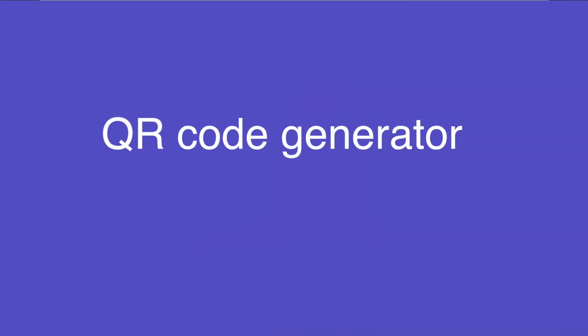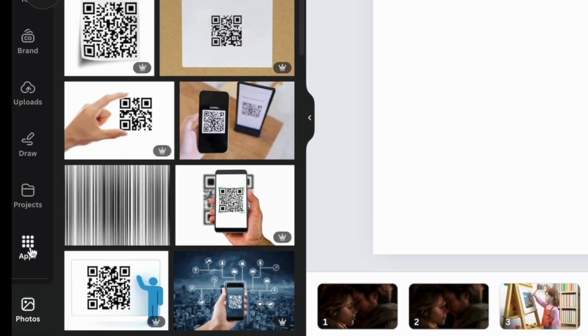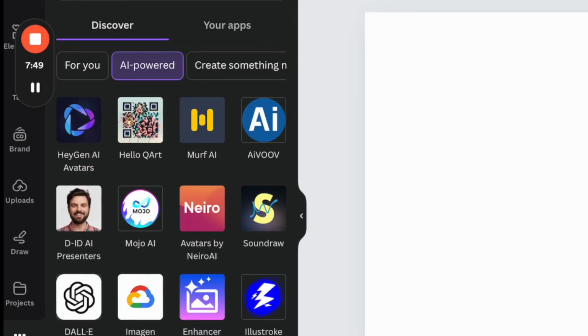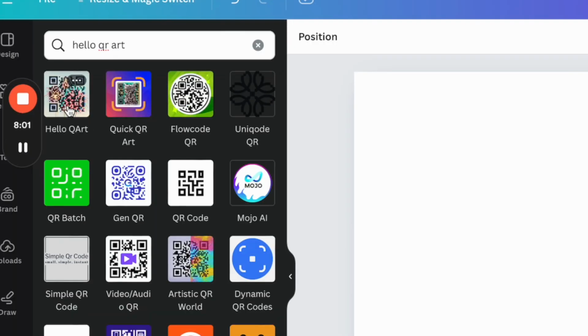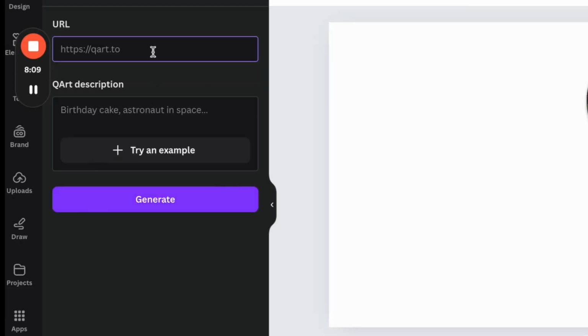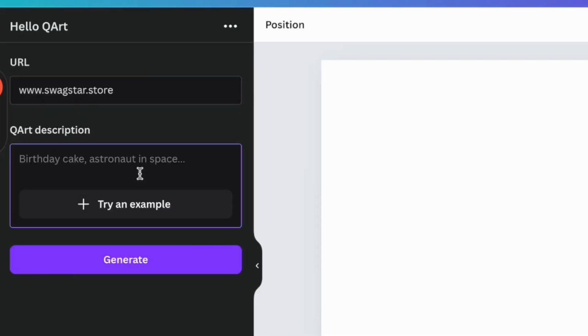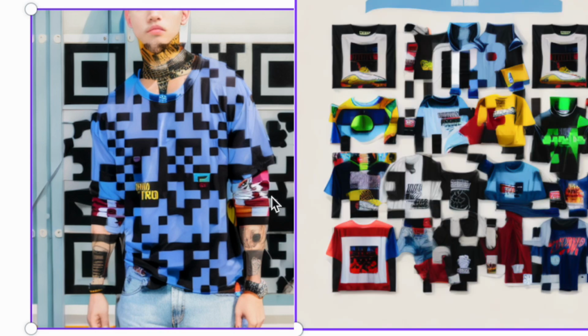This next app lets you create amazing and creative QR codes. So simply once again go and click on apps, click on AI powered, then we'll just type hello QR art. We'll find this, click on it, then click on open, and paste our URL here, and then we can describe the kind of image we would like in the QR code. I'll just type t-shirt streetwear and click on generate, and this is the result, a QR code for a